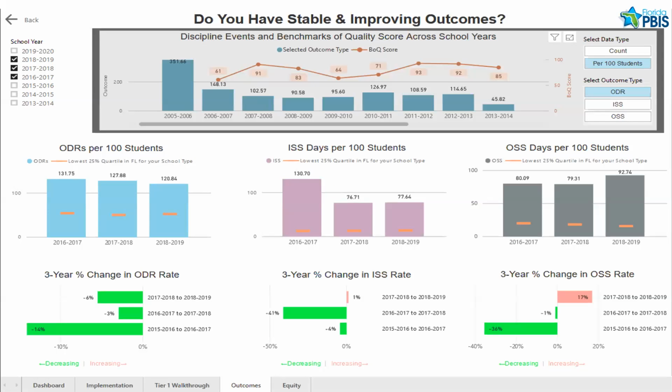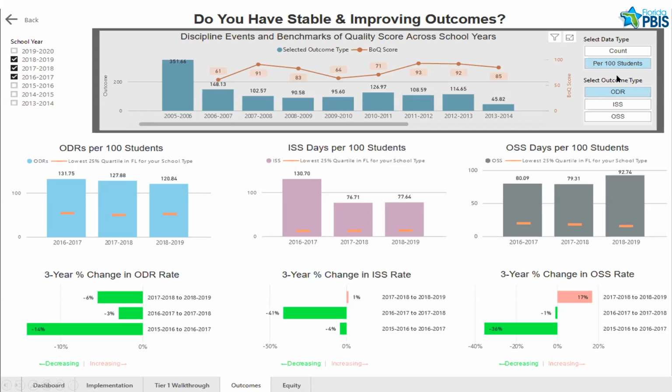This is an example of a screenshot that, again, schools will have access to look at and see how their school's performing. And here what we're trying to look at is essentially the relationship overall, just a bird's eye view of how the school's fidelity data is progressing year after year and how well they're doing with their outcomes. You can see up here to the left, the school can choose the number of years that they want to look at historically.